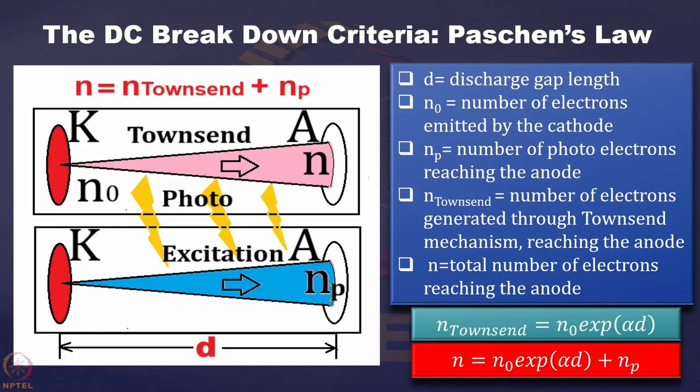I will tell this much only in this class, and in the next class I will explain in more detail how to reach the breakdown condition starting with this configuration. So remember these definitions that we have produced, remember what we are actually considering, the Townsend mechanism and the photoionization mechanism, and then we will proceed further.